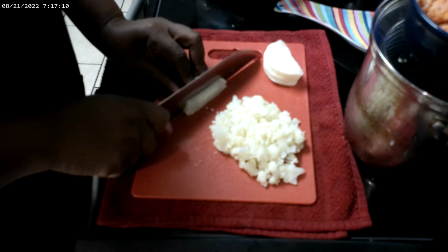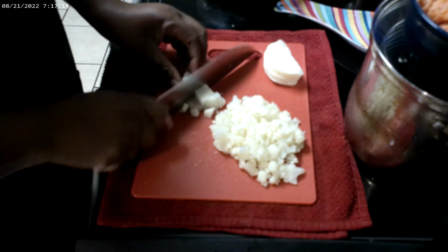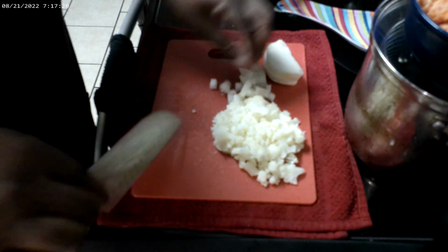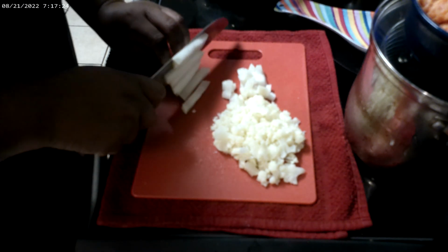Okay, I'm just rough chopping some of my steamed vegetables, the cauliflower and the turnips. I also have some